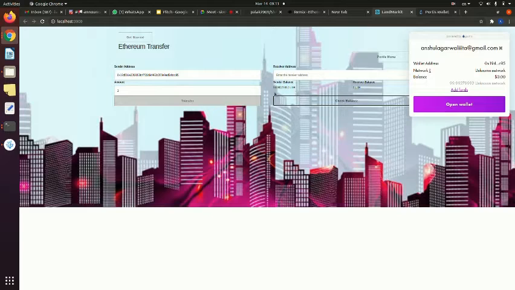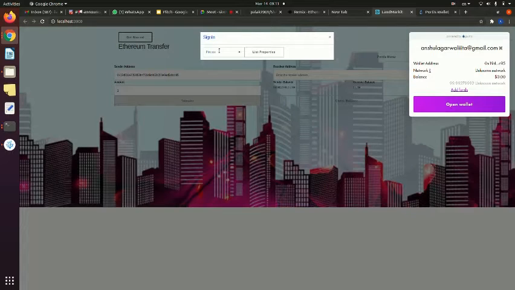When we click on check balance, you can see that the sender balance is 99.95 Ethereum, and this we'll use for testing purposes. Now we'll click on get started, and this is where we'll enter the pin code for which